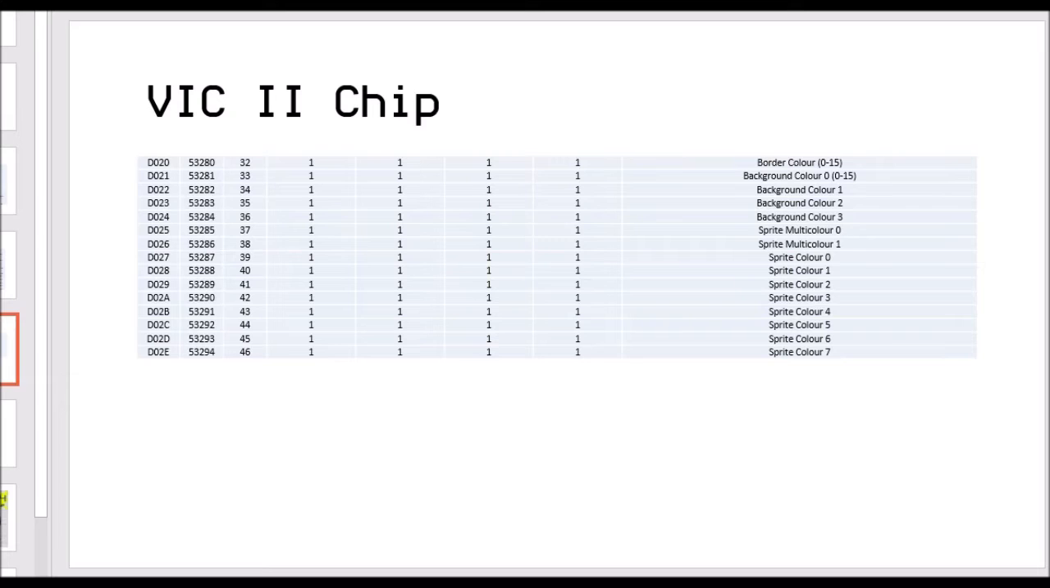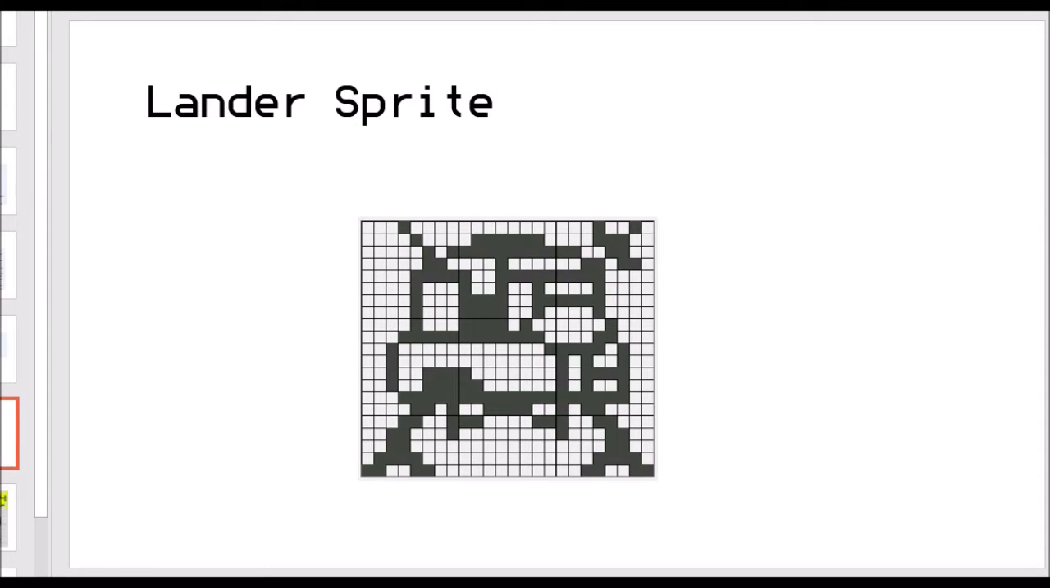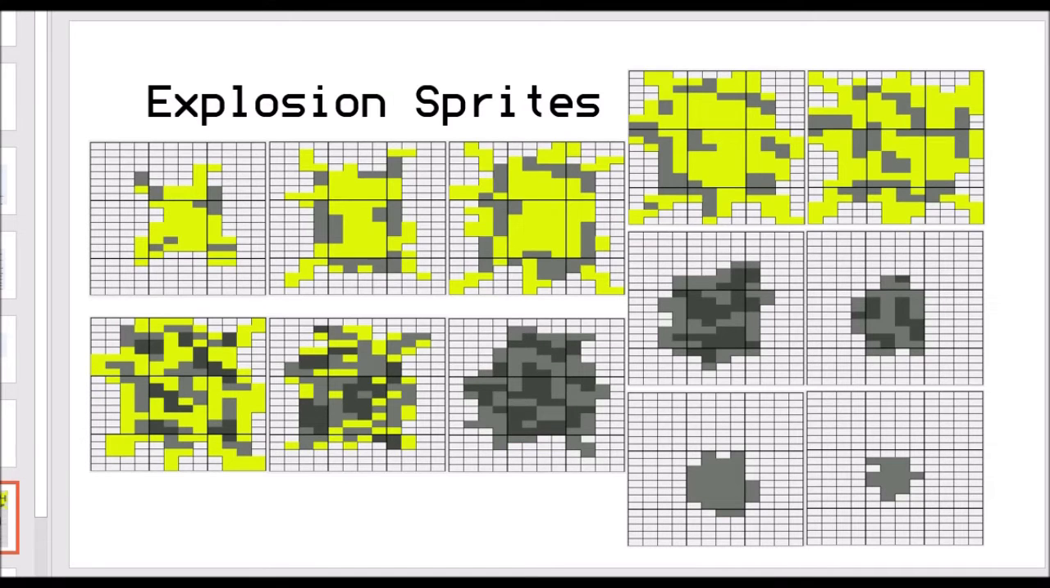So we're going to make this sprite, and the eagle-eyed ones of you will know that this is almost exactly the same as the Commodore 64 Lunar Lander sprite, which is technically right because I borrowed it, and we're going to build this sprite inside the program and be able to use it within the BASIC system. And then these explosion sprites, I'm going to borrow from the person who wrote the